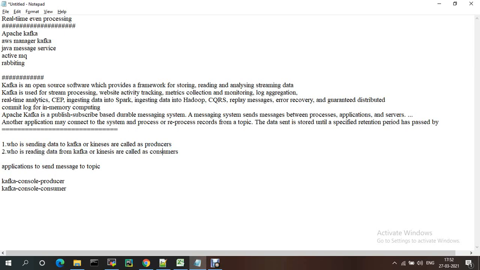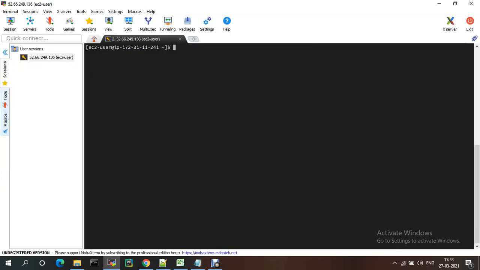Let me install Kafka. To install Kafka, Java is required. So this is my server. Let me go to cd. I just created this server with a T2 medium, and currently there is no Java installed on this machine.